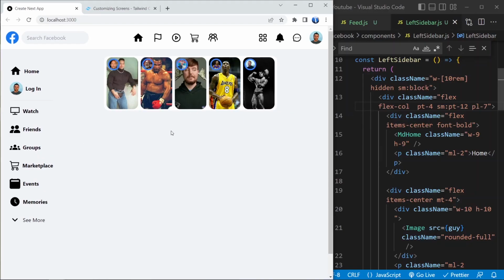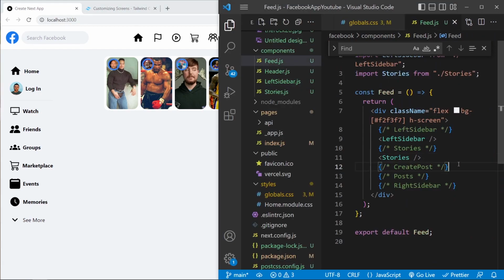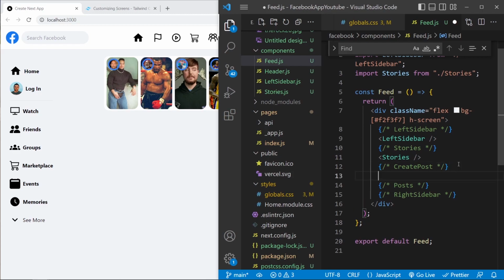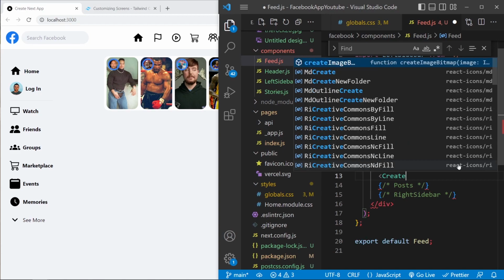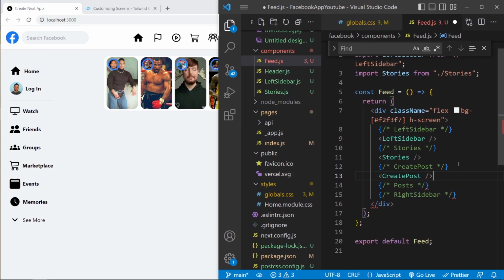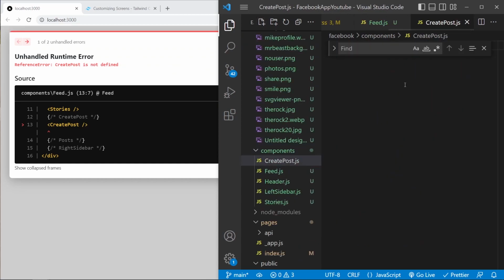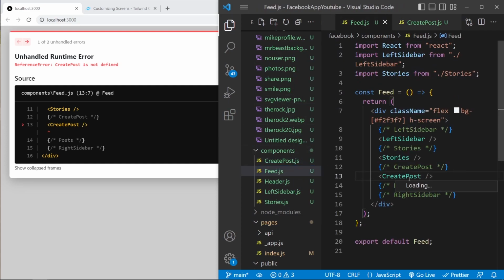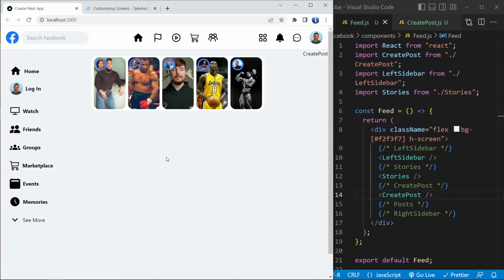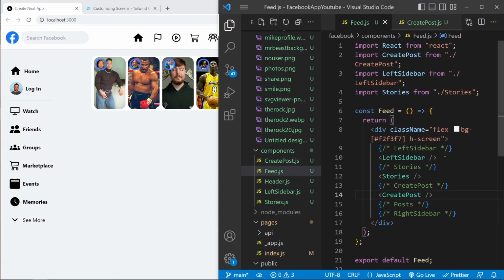The next thing to do is to create new post. So if we go to the feed and here to create post, I'm gonna create a component, create post, save, go to components, create post.js and save, rfc, save, go to the feed, import the create post. Let's wait a little bit, save this, and where is it? Here. So in the feed